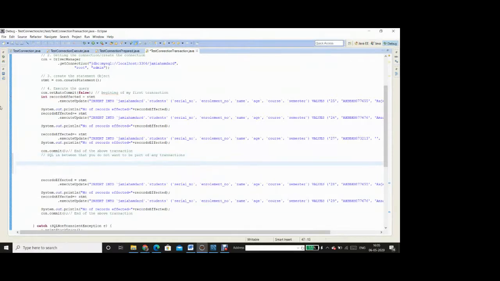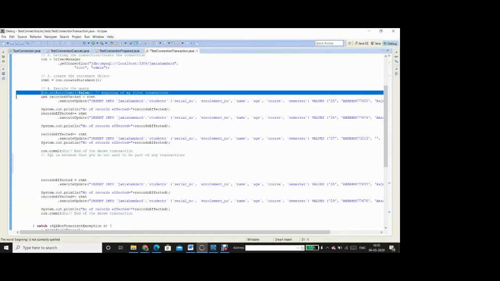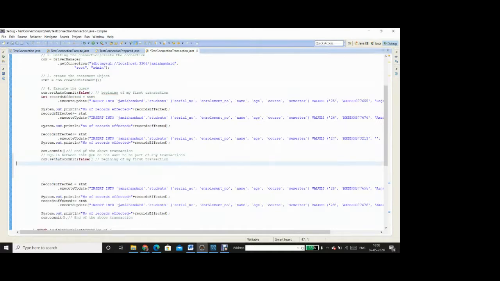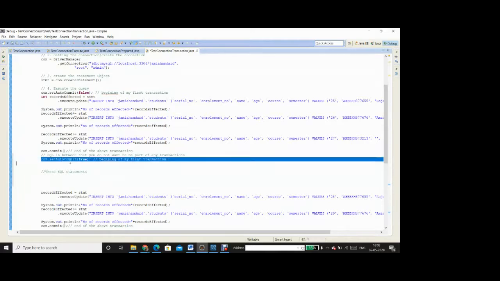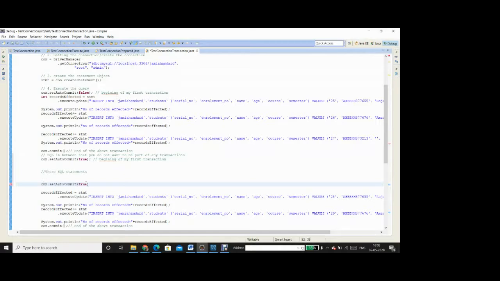Then only you will say con.setAutoCommit(true), and then you will write those SQL statements and fire the query. And then again you have to do con.setAutoCommit(false) again, to mark the start of the next transaction.